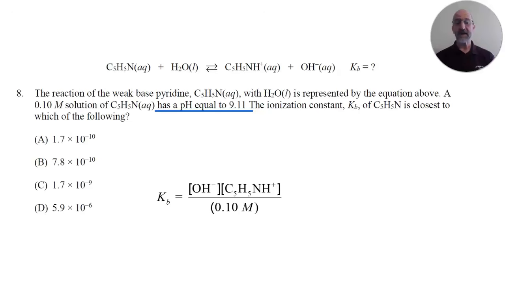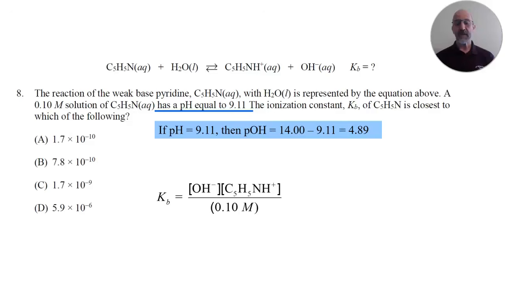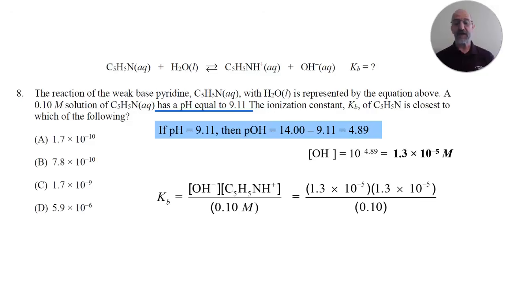So what's 14 minus 9.11? That works out to be 4.89. Now I could do 10 to the minus 4.89, and that will give me the concentration of the hydroxide ion. So 10 to the minus 4.89 is 1.3 times 10 to the negative 5. And it turns out that on the right side of the equation, based on the stoichiometry and the 1-to-1 mole ratio, not only is 1.3 times 10 to the negative 5 the concentration of the hydroxide ion, it's also the concentration of that conjugate acid or the pyridinium ion,